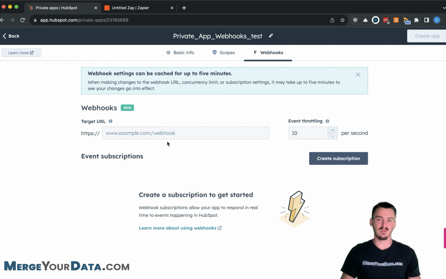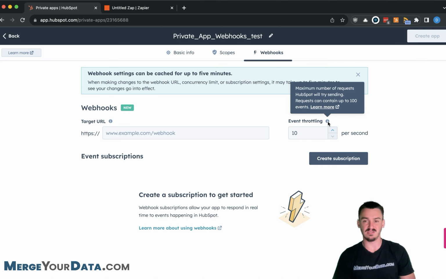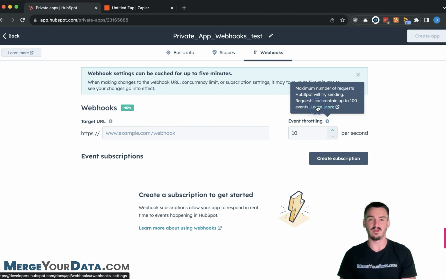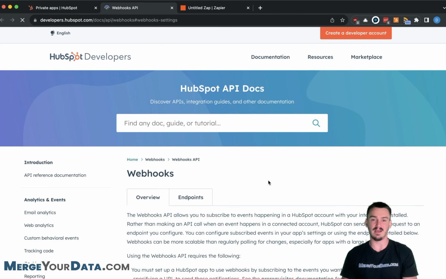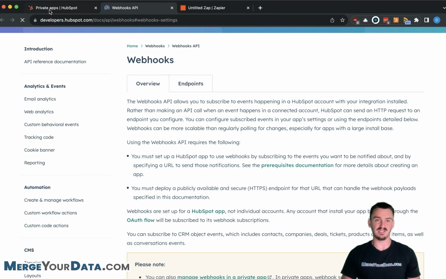As you can see, we have a lot of information packed into this one window. One, HubSpot calls out webhook settings can be cached for up to 5 minutes. So that's something to keep in mind in terms of seeing when your changes go into effect. The other thing is you have this event throttling configuration over here. Event throttling is pretty interesting to know about. If you're not too familiar with it, I would definitely recommend hovering over that information icon and then clicking on learn more